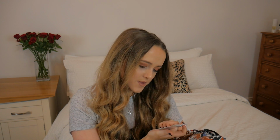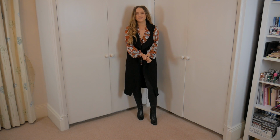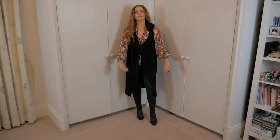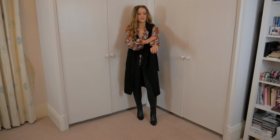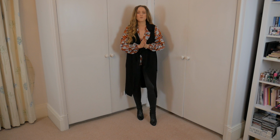I think this was quite expensive for a blouse. It was £26, but I got this in a size 10. So here I've popped on the sort of burnt orange blouse, and to be honest I'm a bit disappointed in this because I absolutely love the print. I love how the sleeves are sort of flowy and feminine, but it's just really ill-fitting and way too bare